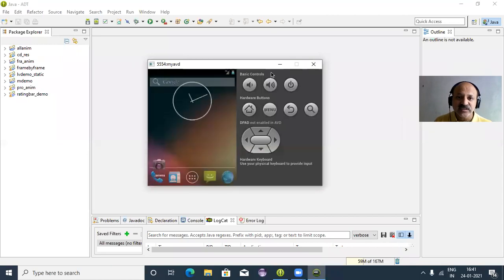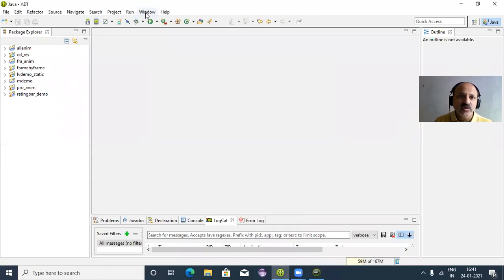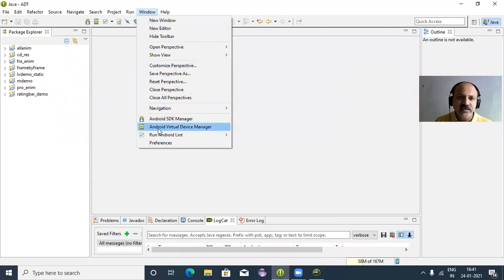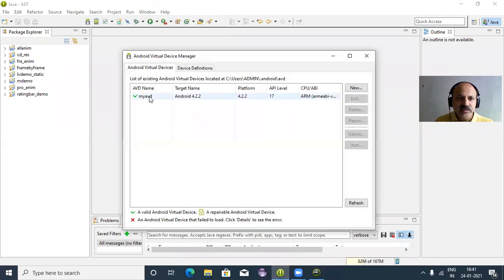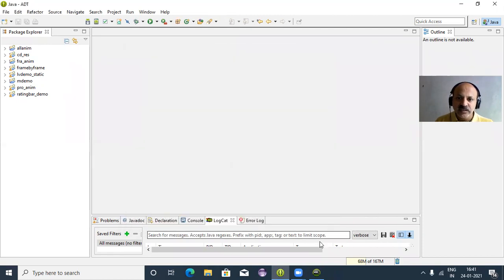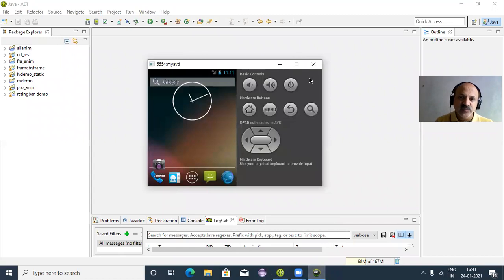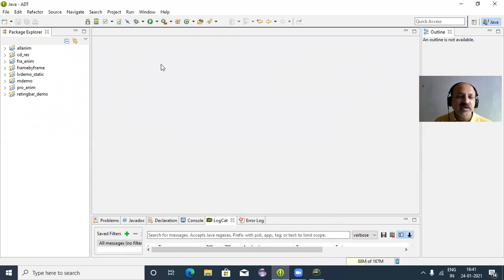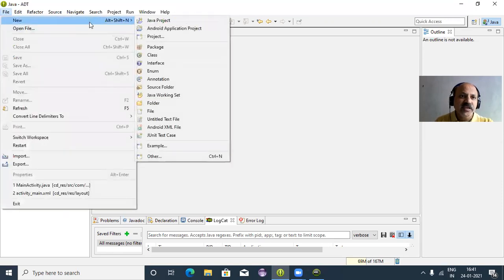So what is the process? You have to know, in the Window menu, select Android Virtual Device Manager, select your AVD, start and launch. I already completed this process and our device is ready. So I minimize it, and now, second step, in the File menu, we take New Android Application Project,